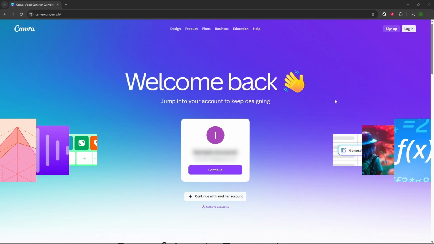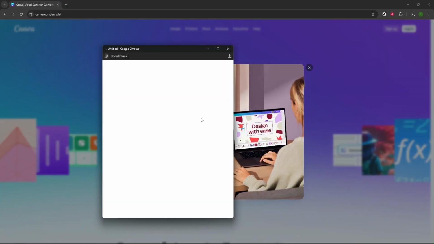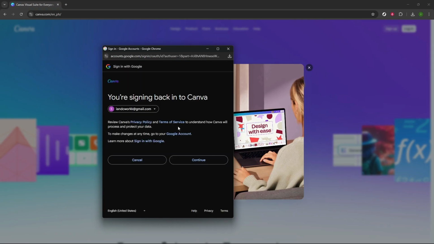If you haven't already, head over to Canva by opening your preferred web browser and typing in Canva's web address. Once there, you'll see the Login button in the top right corner of the page. Let's click on Login. After clicking Login, you'll want to hit the Continue button if you have previously logged in